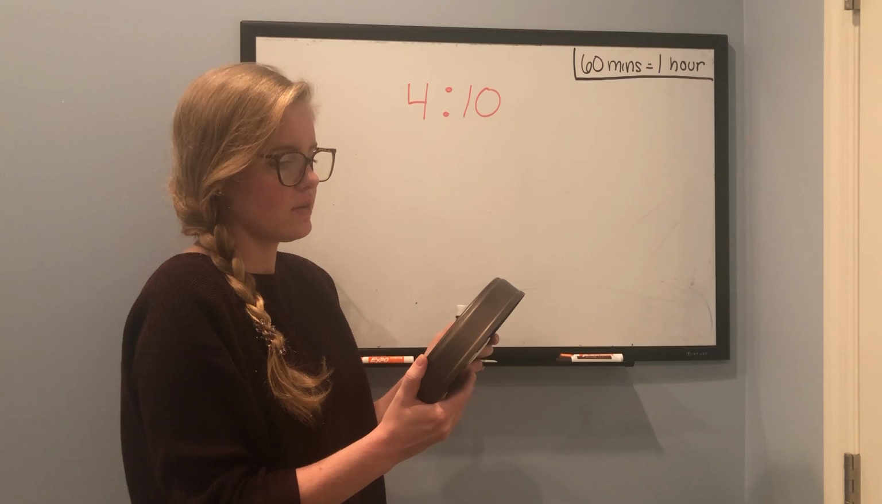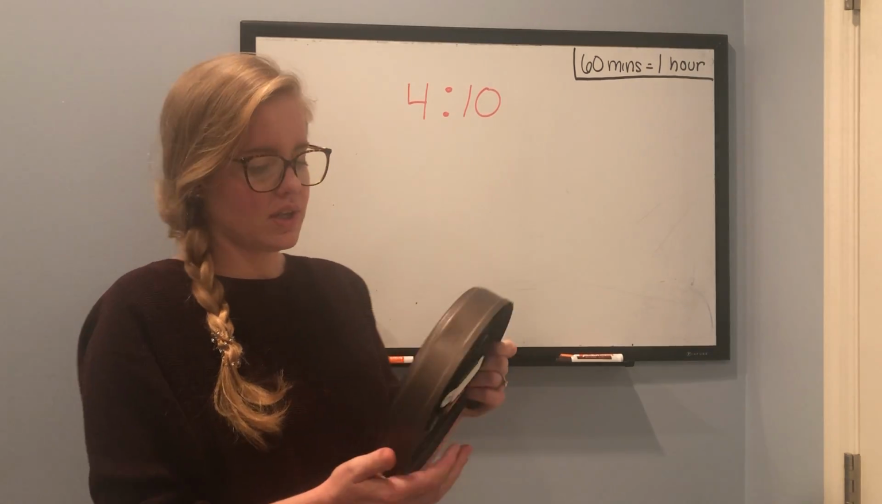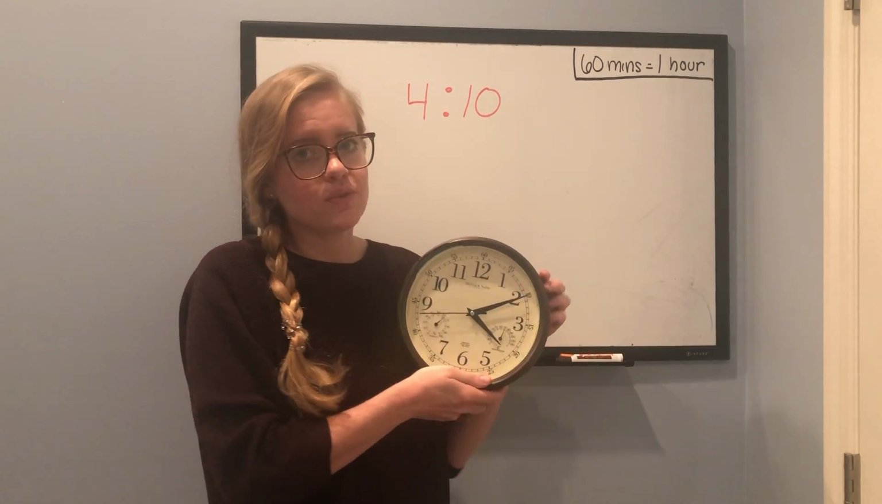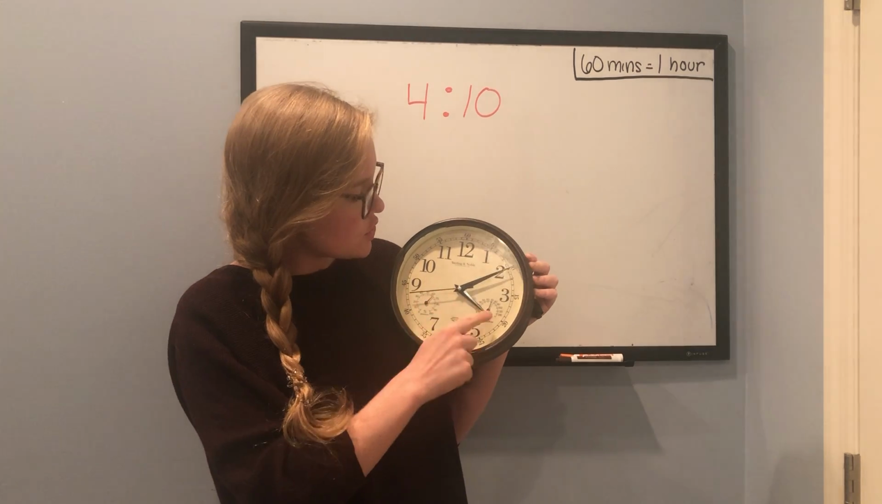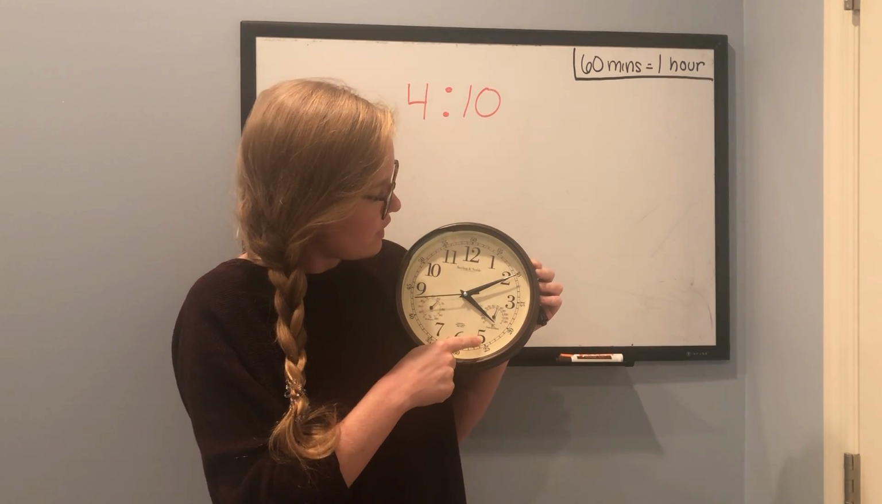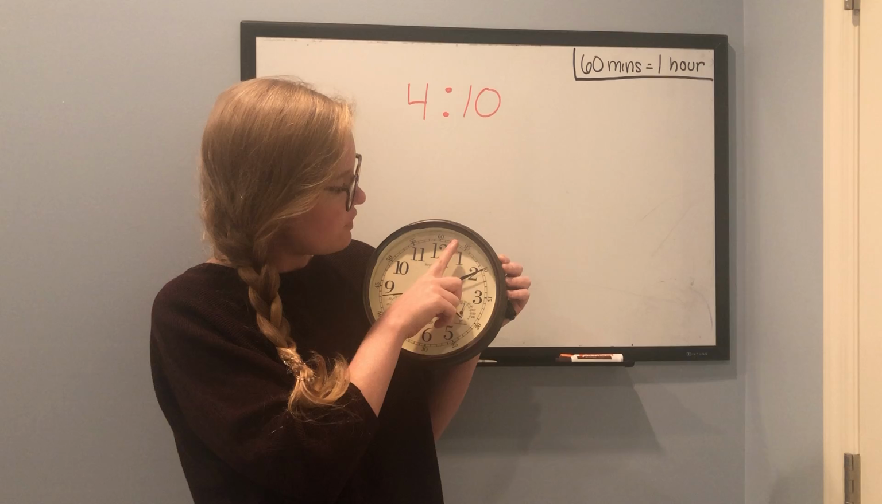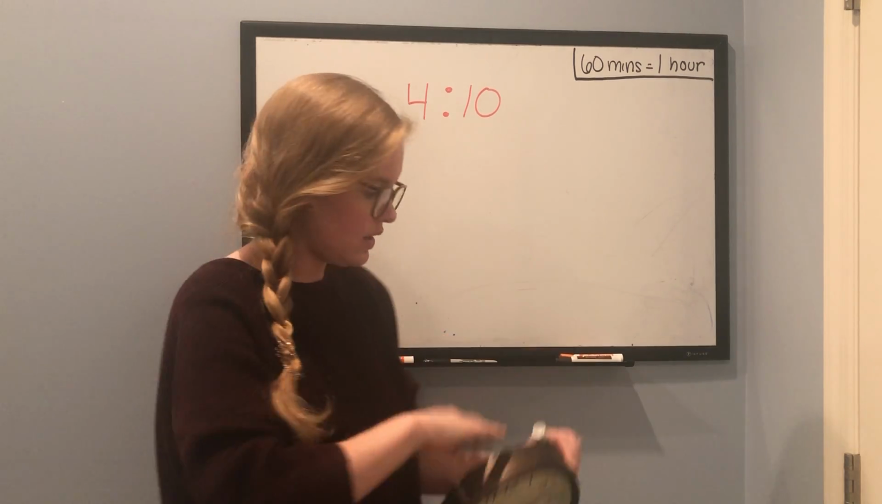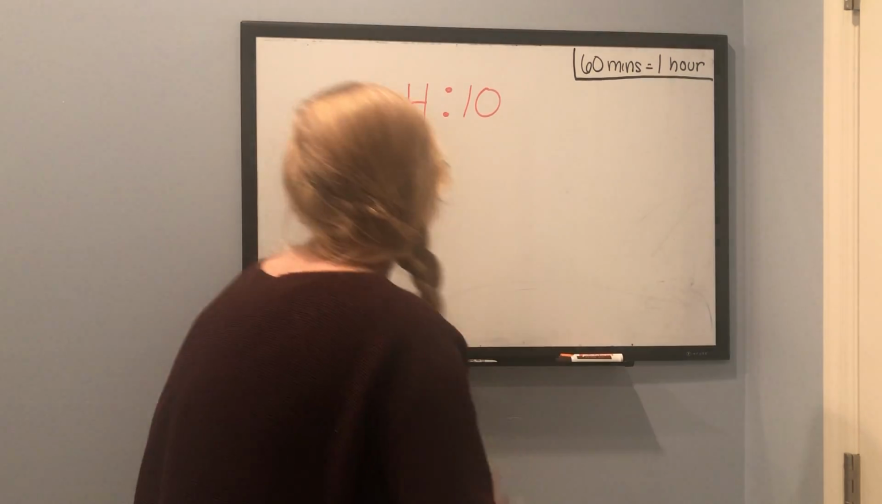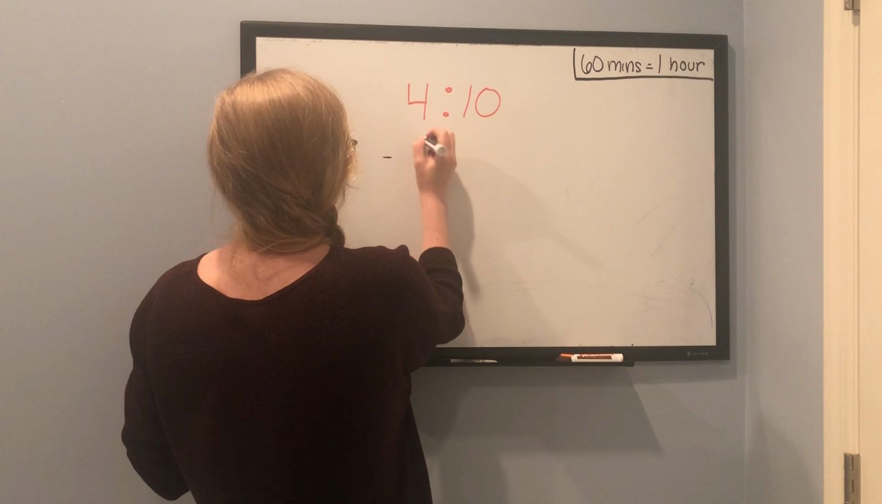Pause your device if you're not ready. We're gonna keep going. Okay, so this is 4:10 on my clock. The short hand is in between the 4 and the 5, and my long hand is on the 2, which is 10. So that's 4:10. Of course, the first way we're gonna write that is